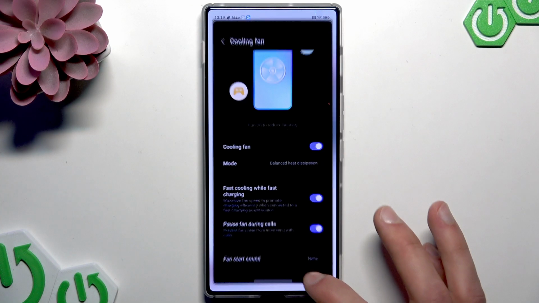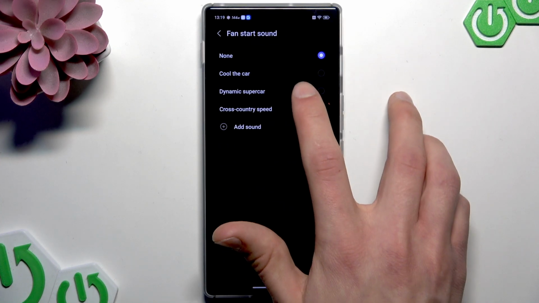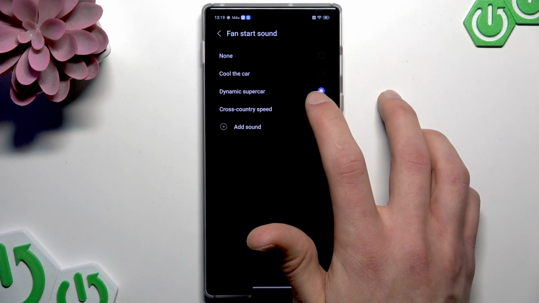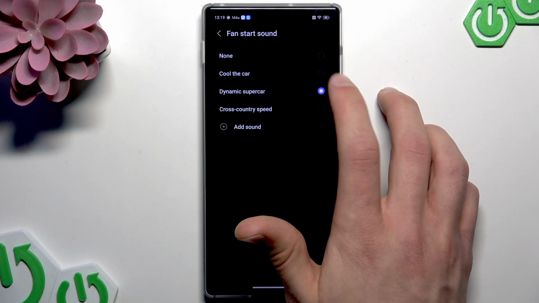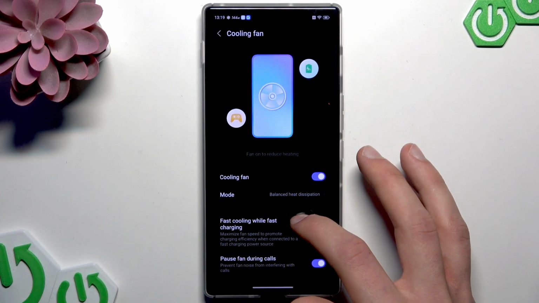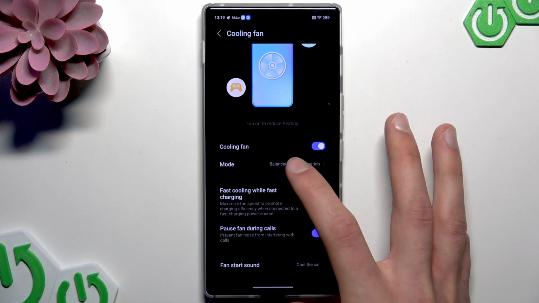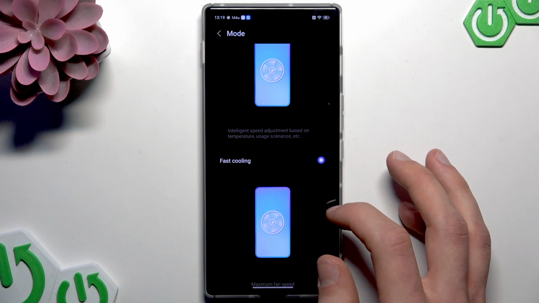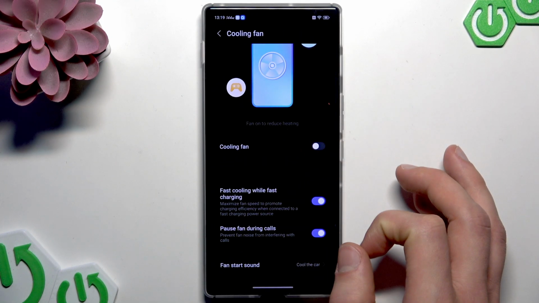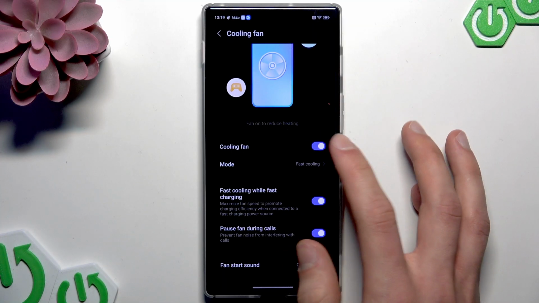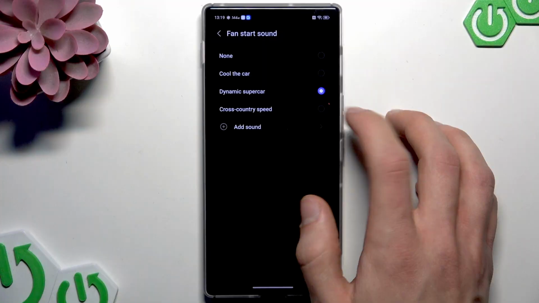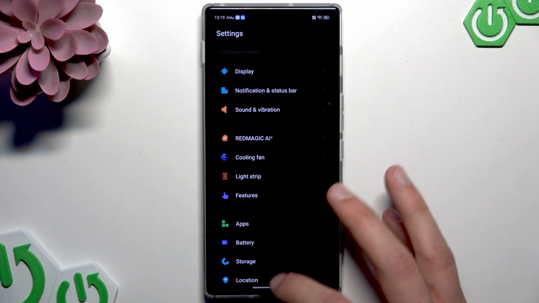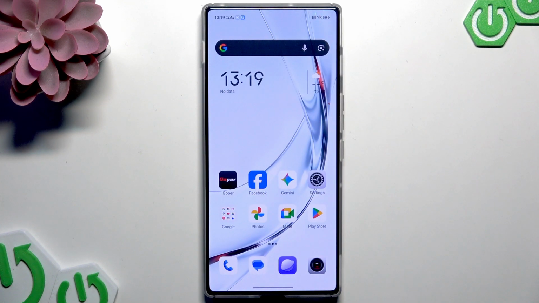calls. And we can also customize the fan start sound, so either none or cool the car, dynamic, supercar, or cross-country speed. So let's check what they sound like. For example, cool the car. So let's select. Doesn't sound like anything for me, honestly, but yeah, that's generally all the settings we have for the cooling fan